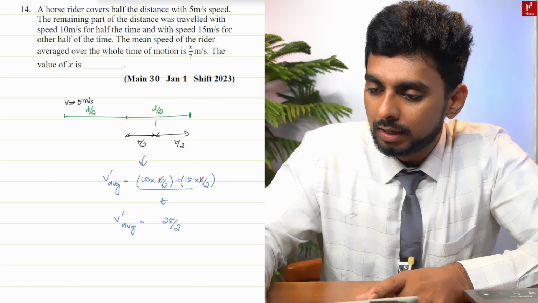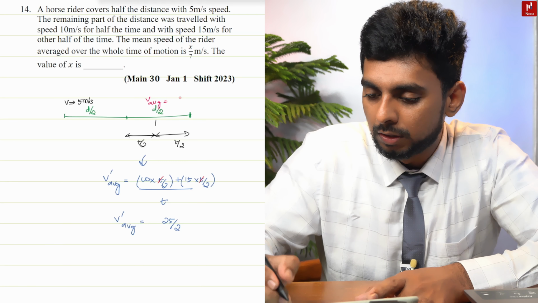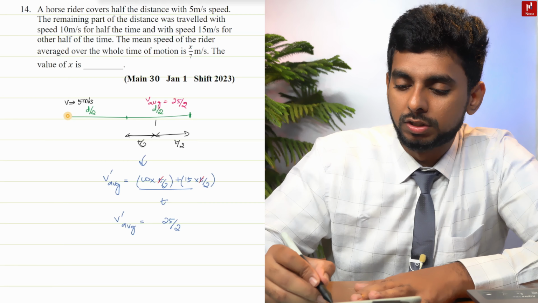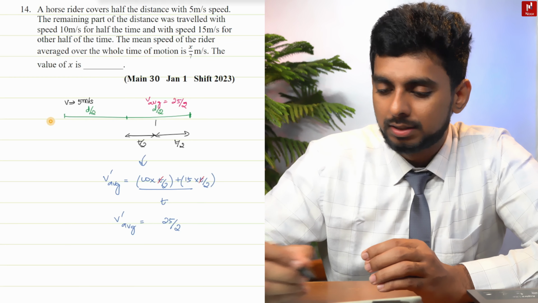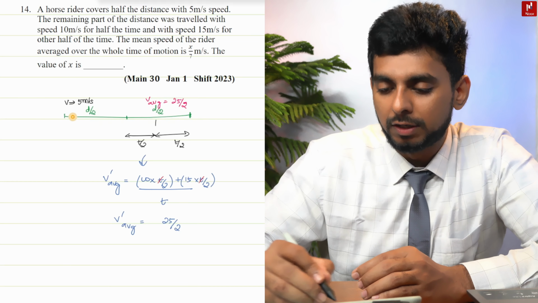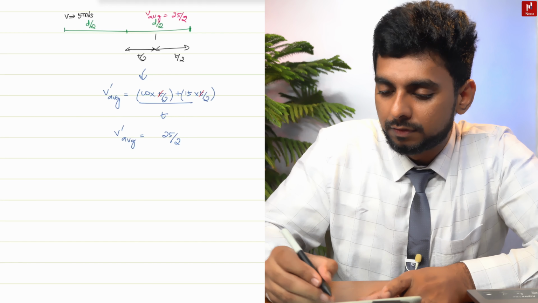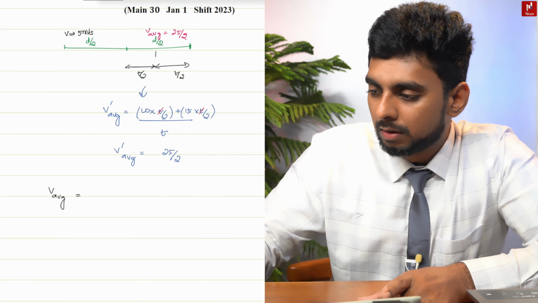Therefore, I can put it over here: V average for the second half of the distance will be equal to 25 divided by 2. Now I'm supposed to get the average velocity for the entire motion. Same logic, same thing. This is something we have already done, isn't it? To get this one, same way, total displacement divided by the time taken. Here, displacement is going to be constant, time will be different. Therefore, V average will be equal to the total displacement D divided by